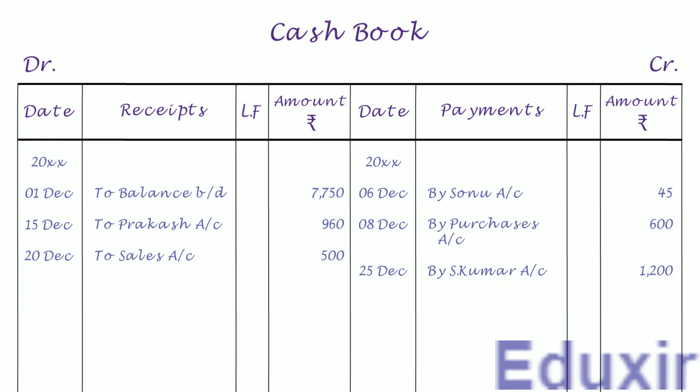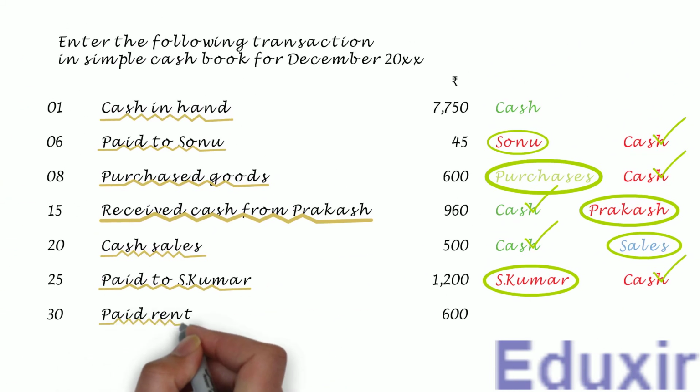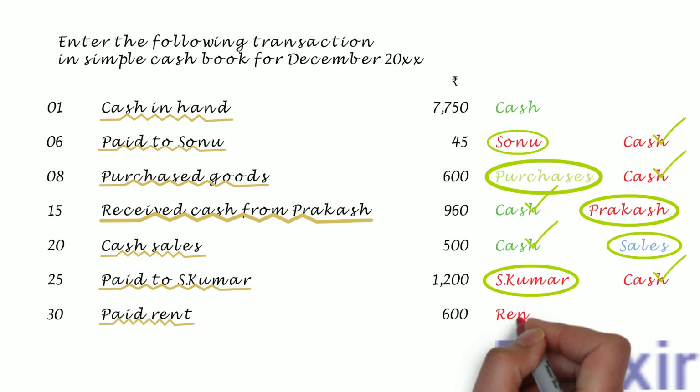Let us now take up the next transaction. In this transaction, the business is paying a rent of 600 rupees. Unless otherwise specified, all the payments are usually considered to be done in cash. So, in this case, we can safely assume that the payment of the rent is done in cash. Now, rent is an expense. In other words, the business is incurring an expense named rent in this case. The rule to record an expense incurred is to debit the corresponding expenses account. In this case, the rent account should be debited.